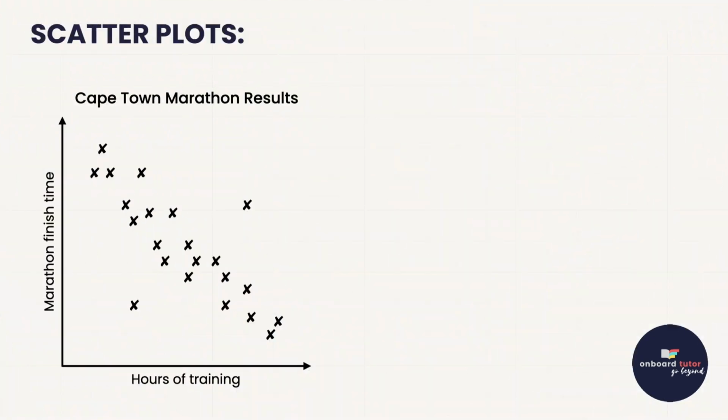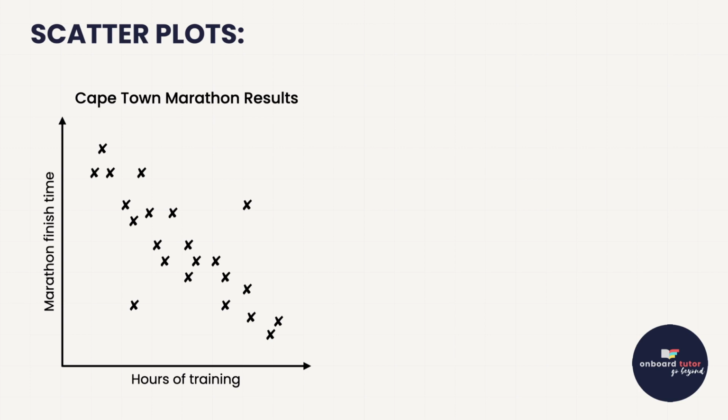In grade 9, we were introduced to scatter plots. That was where we had two types of data where neither factor was necessarily an independent variable. So we were always taught you put the independent variable on the x-axis, the dependent variable on the y-axis, and there you go. But if you had something like this, where we are looking at time and time, these are two variables that don't actually depend on each other. So bivariate data here. But what is helpful is to see, is there any kind of relationship between these two